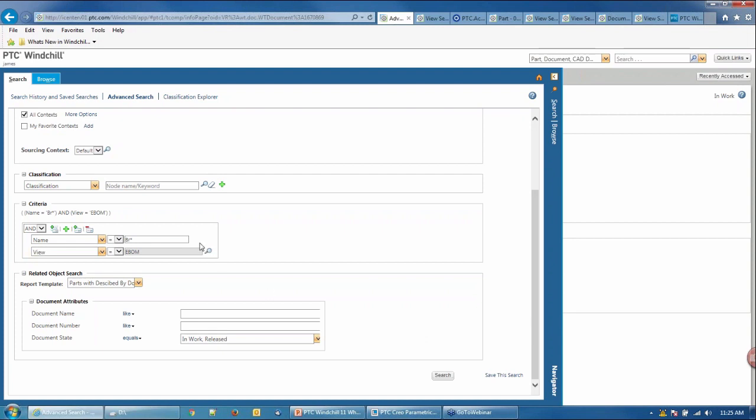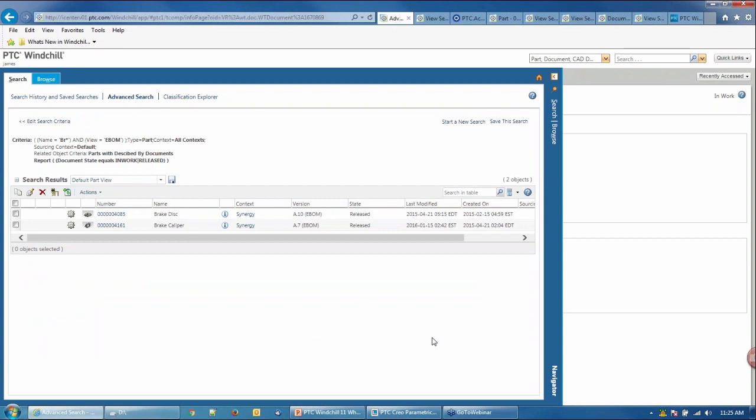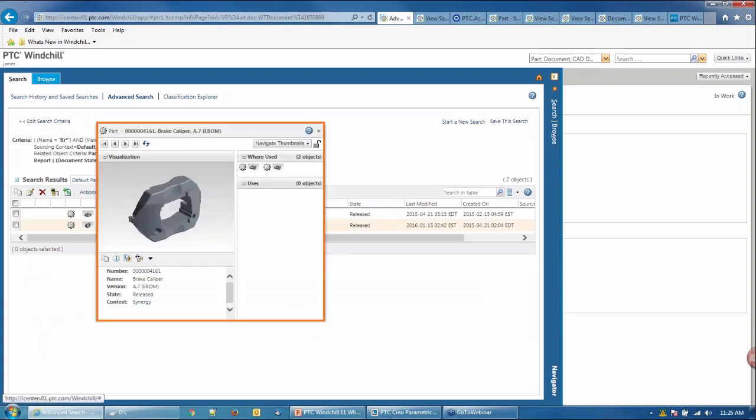So now I have the power to combine both attribute searches on a specific object and also be able to trace between relationships, in this case between parts and described by documents. So when I re-execute the search, I've dwindled down the results from 21 or 27, I think I said, down to 2 matching objects using both the attribute criteria and the query builder report to help me filter the results